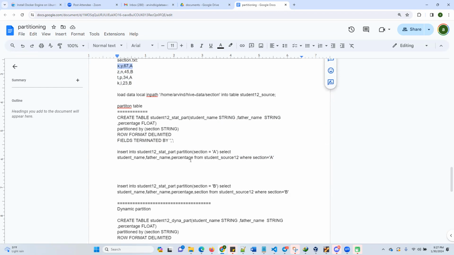When I'm going to load the second partition, B, just change it here to B. But you have to specify all the column names here, except the section. We don't need to give section because that is a partition column, and in our target table section is a logical column. So we don't need to manually insert the data. This A, B part will be taken care of by the partition clause. So when I run this query,